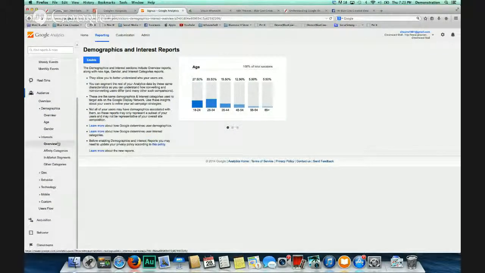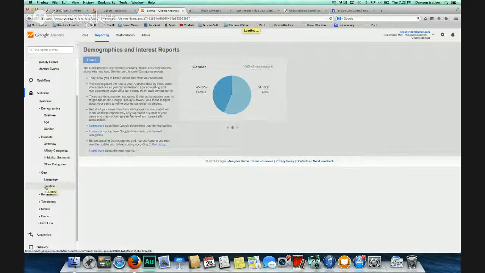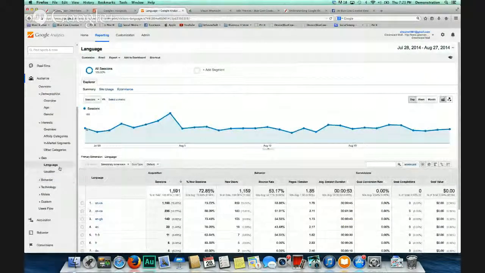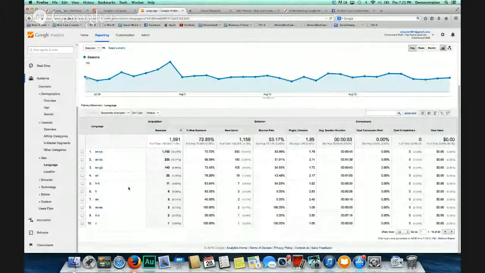That happens for all this different stuff that's here: interest, affinity, in-market, other categories, geography, language. It's just going to load here. So you can go in here and you can look at the language again, just like we saw in a snapshot on the front page. But it's going to show you again, of the people that bounced, what are the breakdowns of those, of the sessions, all this stuff. If you set up goals, and I'll show you what that means in a little bit,